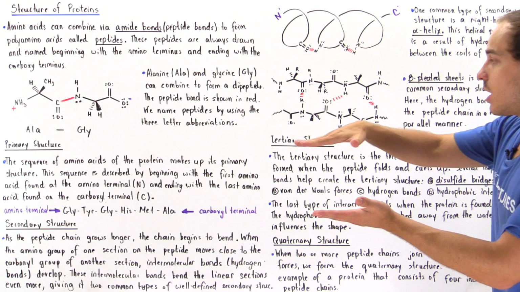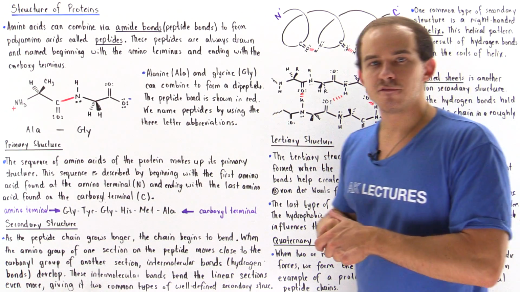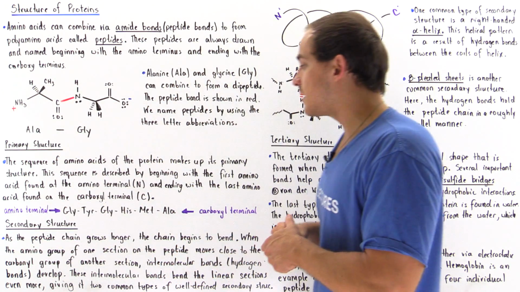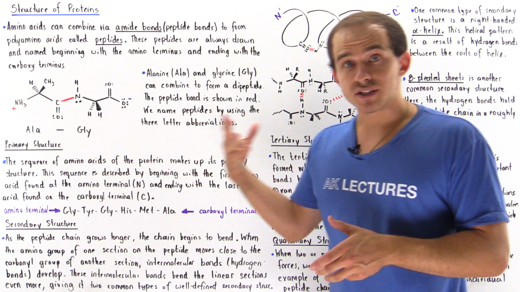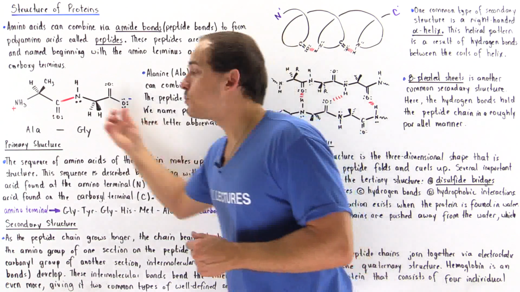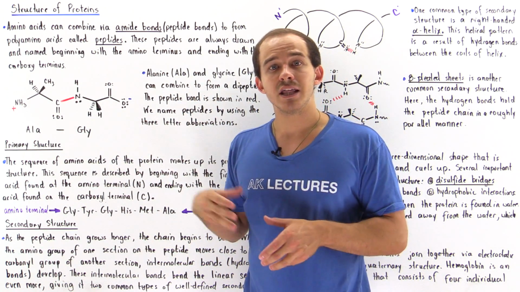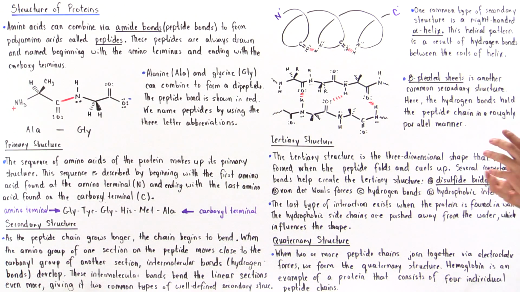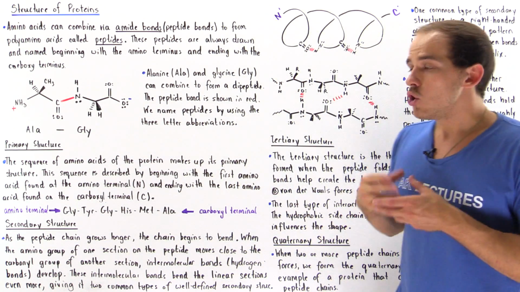So we have 3 levels, or actually 4 levels of structure in any given protein. We have the primary structure, we have the secondary structure, we have our tertiary and quaternary structure. Now, it turns out, as we'll see in a future lecture, the primary structure, the sequence of our amino acids in the protein, determines the tertiary structure, the shape, the three-dimensional shape and orientation that our protein will take.